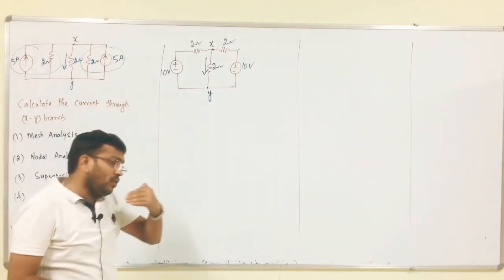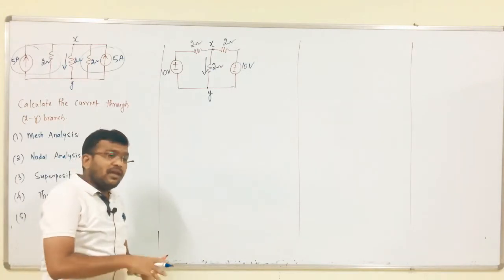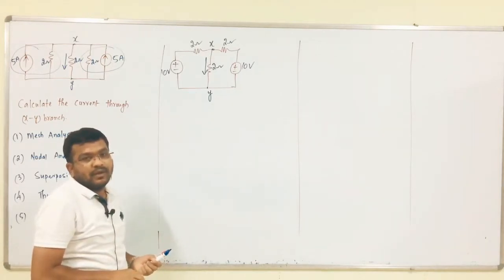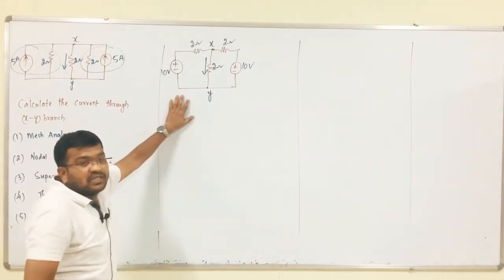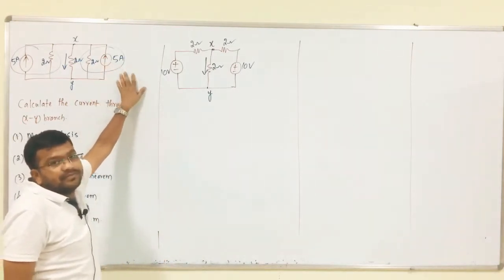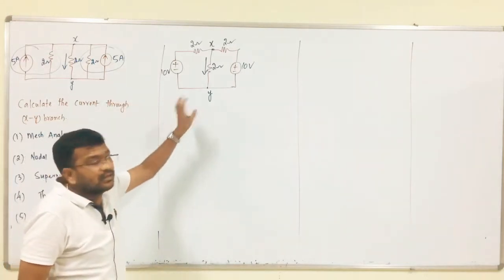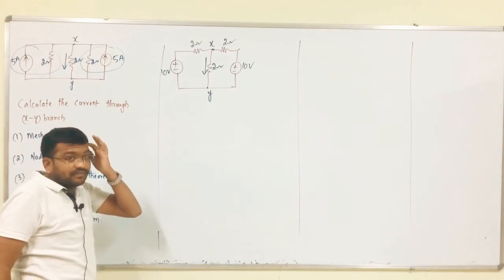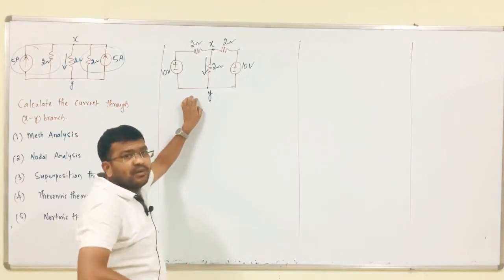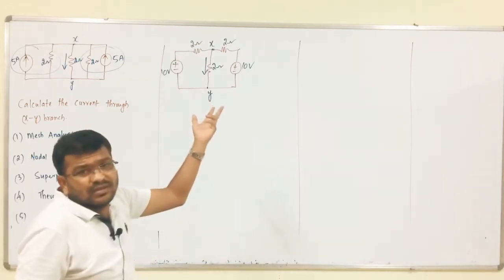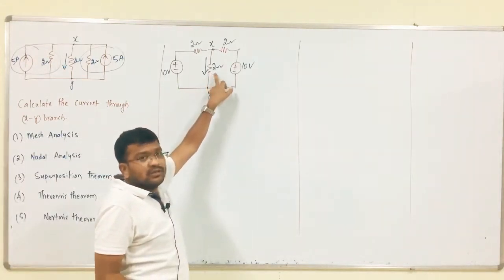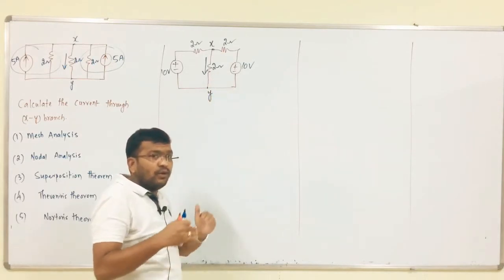Like this we have to analyze the circuit. First, we have to check whether any modifications are possible. If possible, do those modifications, otherwise do it with the given circuit. I have modified this circuit into this. By comparing those 2 circuits, this circuit looks very simple, no? Simple means we have only 2 loops. So, by calculating the 2 loop currents, we will get the current through this branch by using mesh analysis.